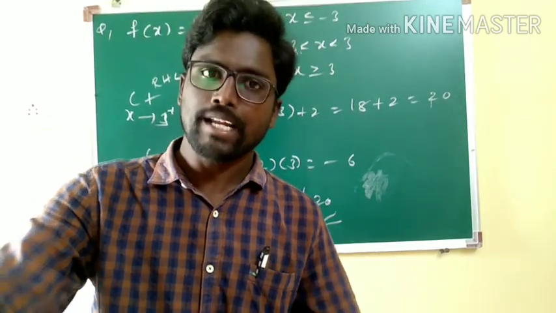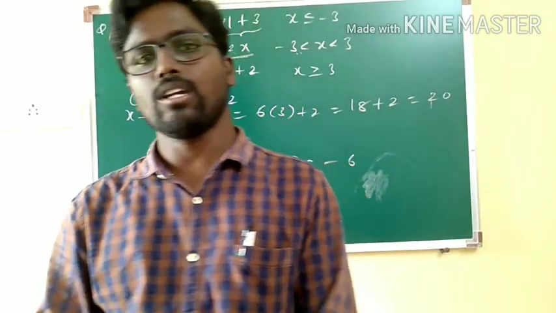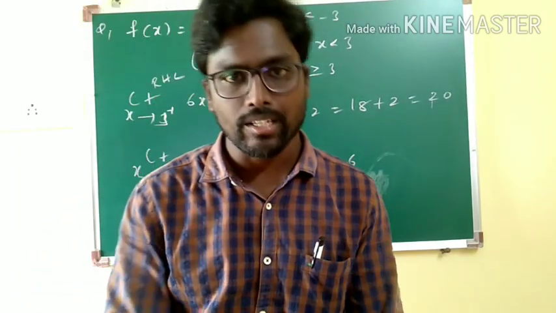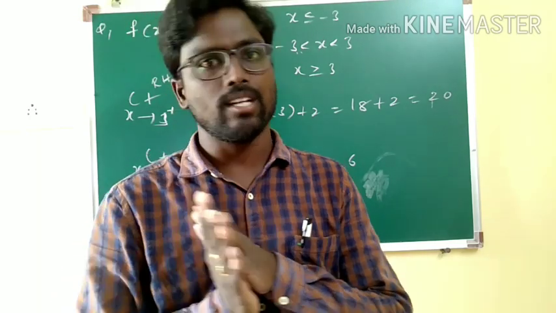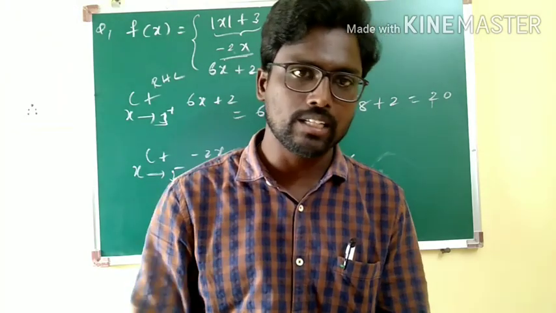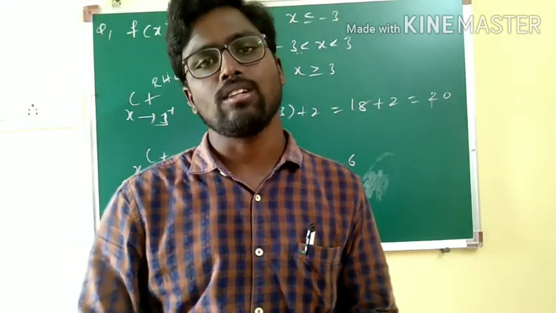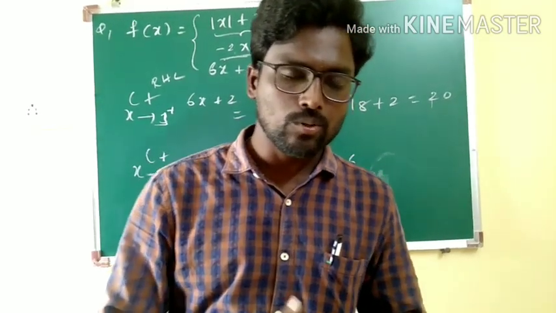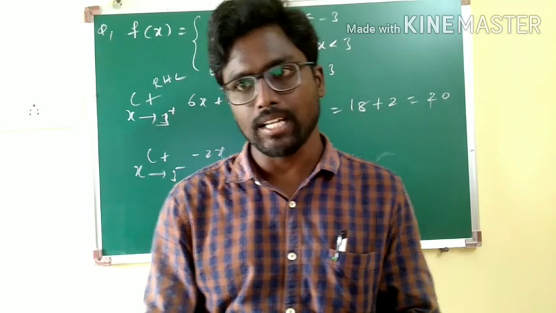At x equal to minus 3 the function was continuous since LHL equals RHL equals the function value, but in case of x equal to 3 we have not got LHL equal to RHL, because LHL is minus 6 and RHL is plus 20. Therefore, the limit itself doesn't exist. As the limit does not exist, you need not check the function value. Like this, you are supposed to do the applications with logical thinking. I hope you are getting the class.